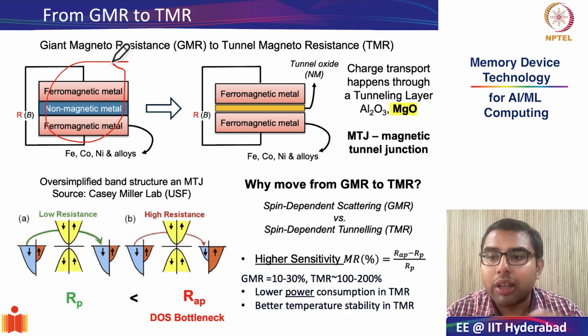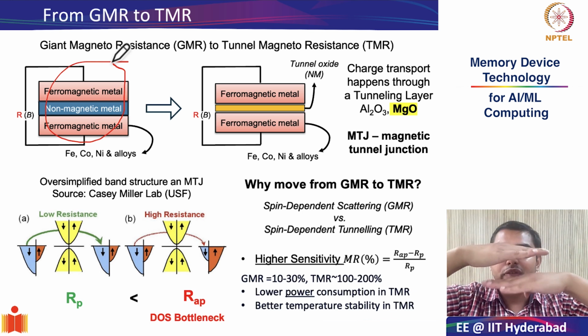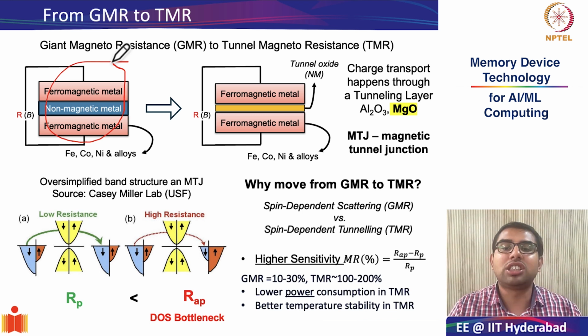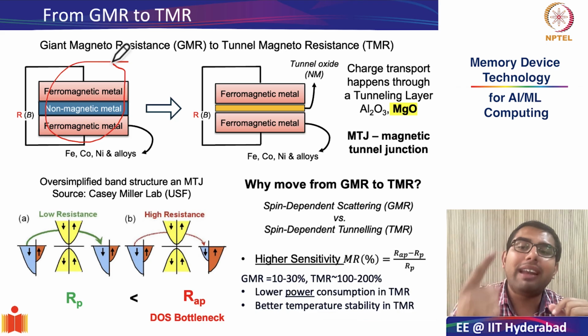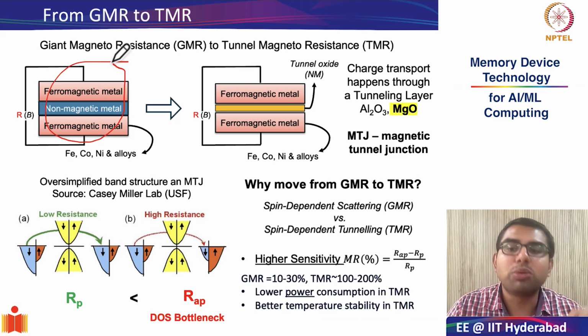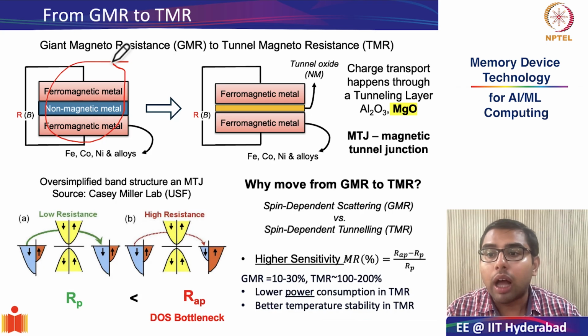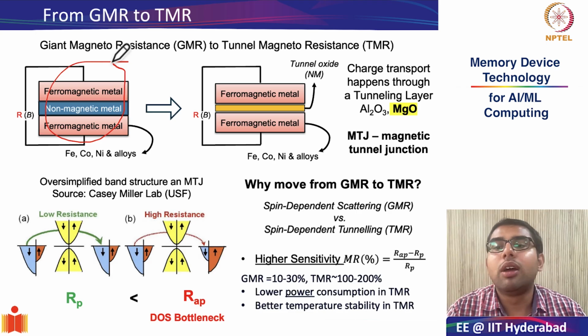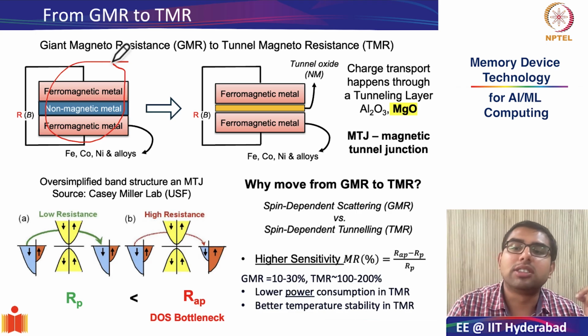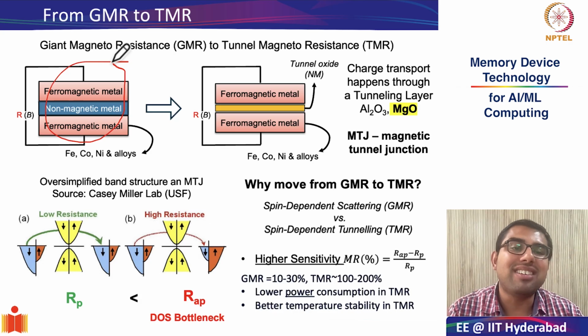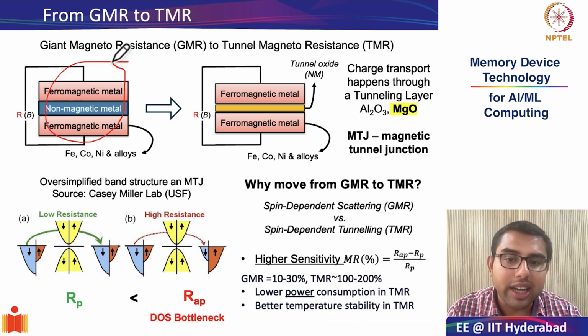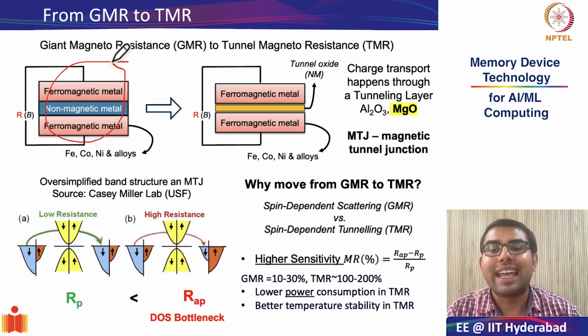We also saw this is due to spin dependent scattering, where if the magnetization of the two ferromagnetic layers are in anti-parallel configuration, they experience large scattering from both upspin electrons and downspin electrons, which are part of your charge current. However, if they are in parallel state, they experience low scattering from one of the spin configurations. Therefore, the anti-parallel state we saw was in high resistance state, and the parallel state was in low resistance state.